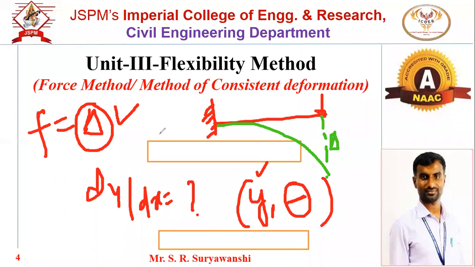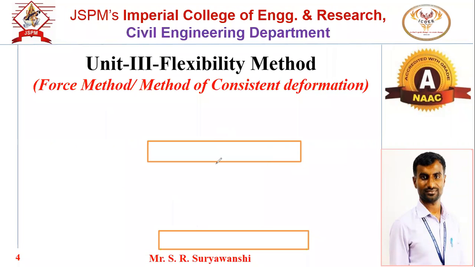Moreover, in case of beam, due to the loading condition, if it has displacement, we have to work out two parameters: first is deflection, second is slope. What we have discussed right now is that in case of flexibility, the primary unknowns are the displacement. Means we have to find out the displacement, and in case of beam, that displacement is nothing but our deflection and slope.